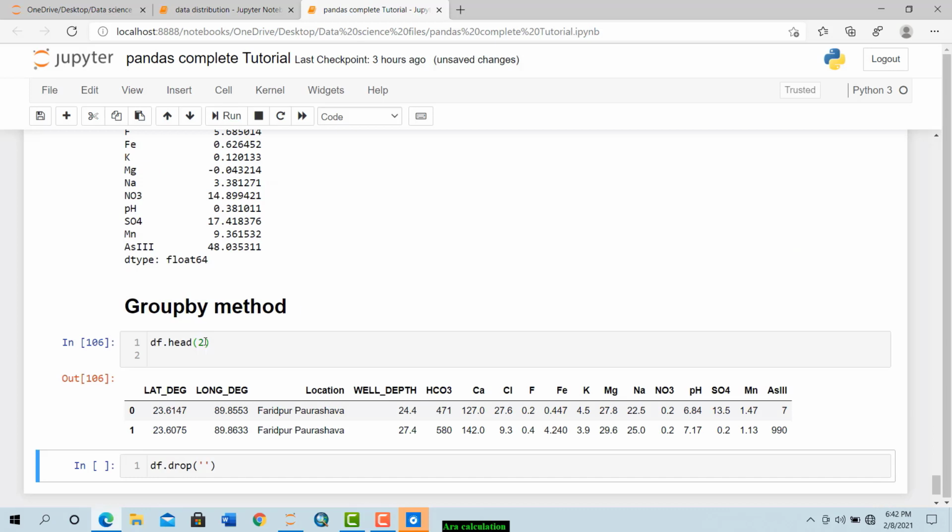control C, df.head, control V, and another is longitude. Now here you have to again write axis, that is how you want to drop it. If you write 1, then we are telling pandas that we want to drop by columns. But if you pass 0, then it will drop by rows, and there is no row named latitude or longitude, so it will return you an error. And you can also pass inplace equal true,